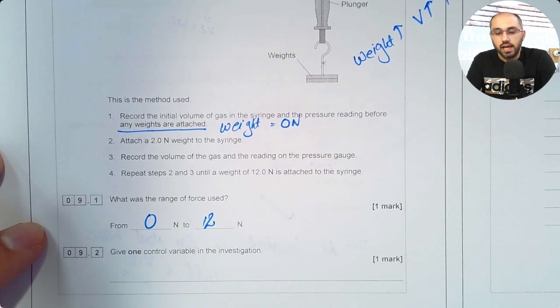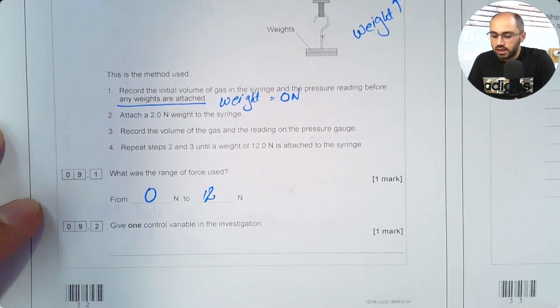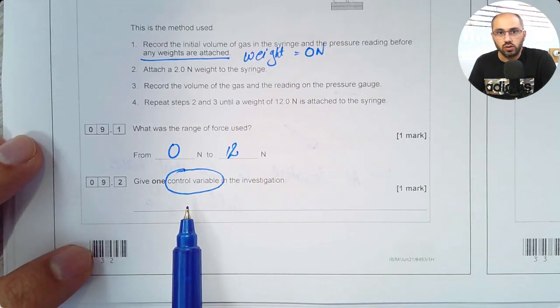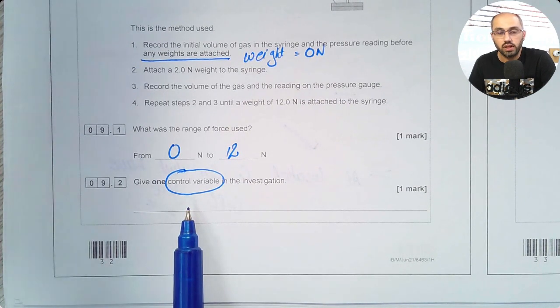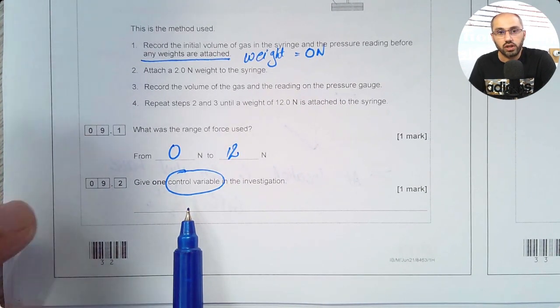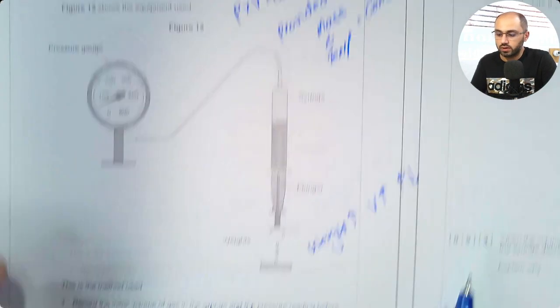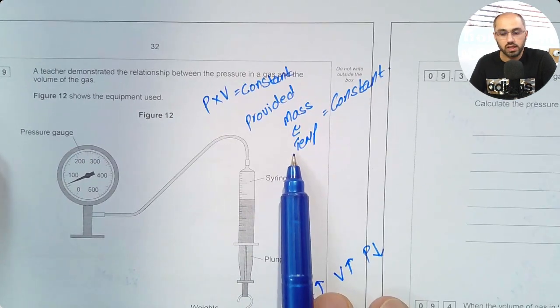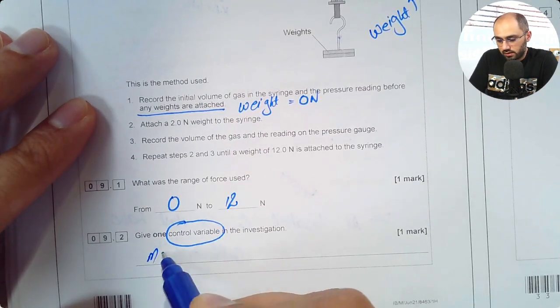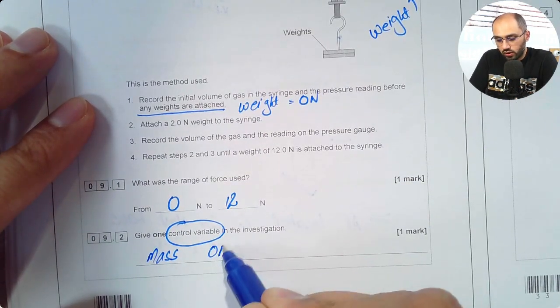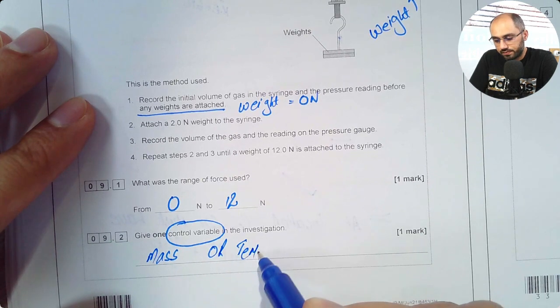The question then says, give one control variable in the investigation. Control variables are those which are kept constant throughout the investigation. So in this case, what they are doing is they are trying to work out how pressure of a gas depends on its volume. So they can't change any other variable. For example, we learnt about 2 variables here, mass and temperature. So you can say mass, that's option 1, or you can say temperature